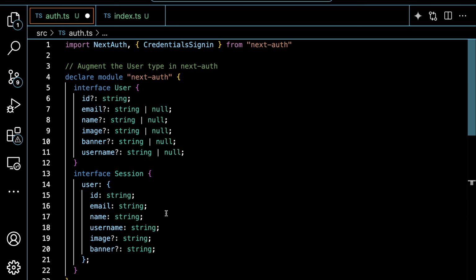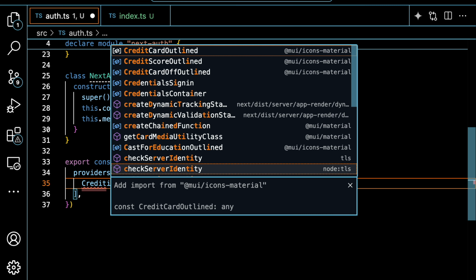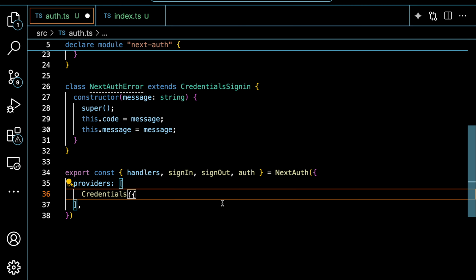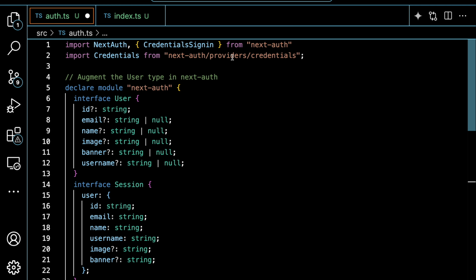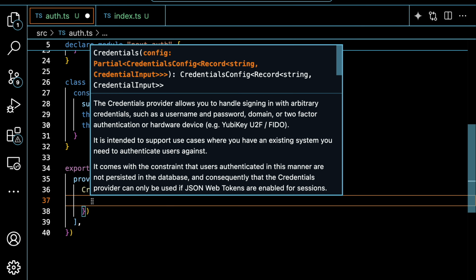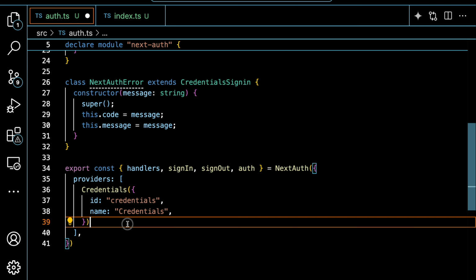All right, so within this, let's import our credentials provider from next-auth. So over here, type this Credentials, and it will suggest the import for you. So you can see it is imported from providers over here, and it's going to be a function, and within this function we need to pass certain configurations, like the name and ID, but we want this ID to be unique so that we'll be able to call